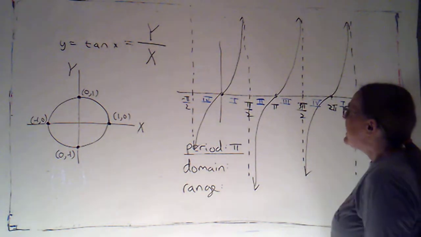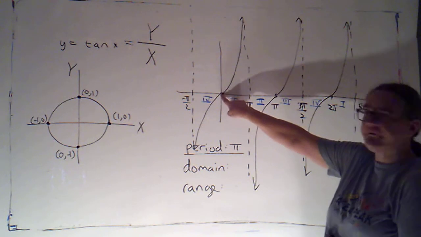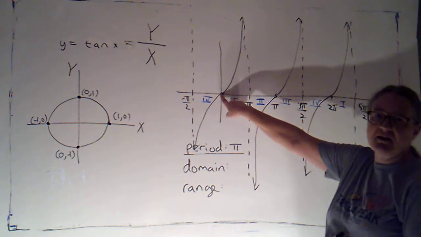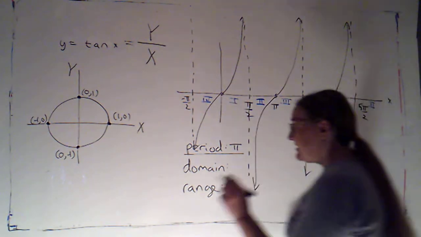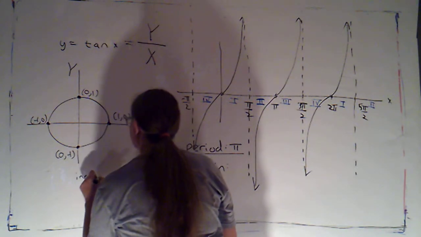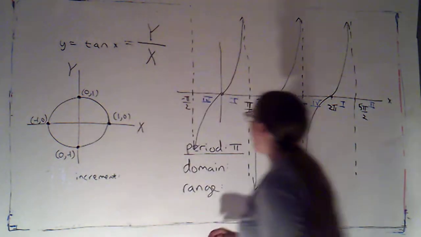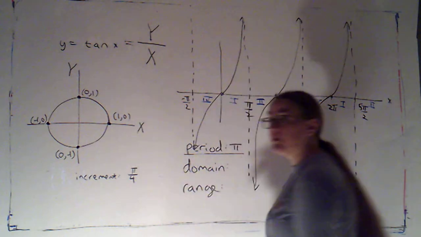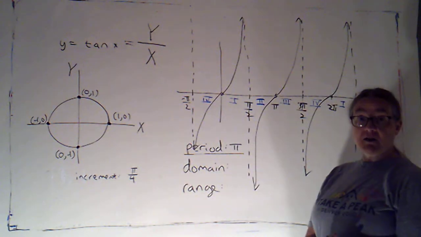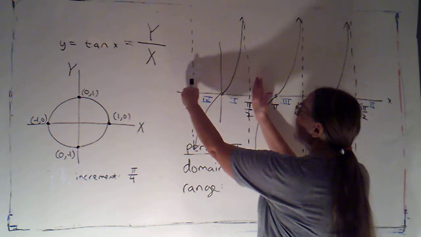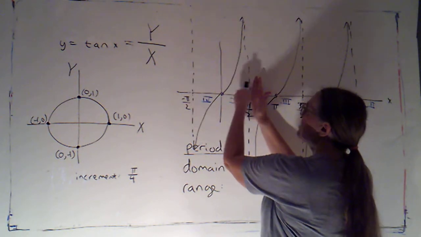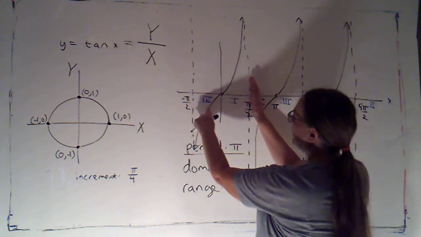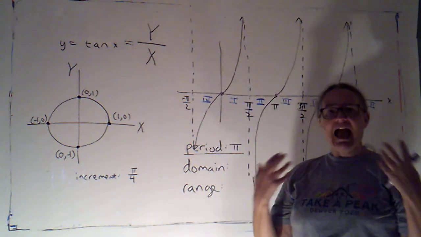the graph of tangent. If I just graph my quadrantal angles, I'm only graphing 1 point per period. That was okay for secant and cosecant, doesn't cut it so well for tangent and cotangent. So what I'm going to do is I'm going to say I want my increment still to be 1/4 of the period. So that would be, in this case, pi over 4. It's no longer going to correspond to quadrantal angles, but it's going to divide this up into 4 parts. And if I do that, that's going to have me plotting 3 points per period. So I'll have 1 point over here and 1 point up here to sort of tell me how steep the